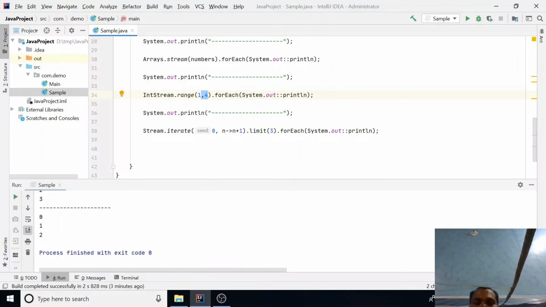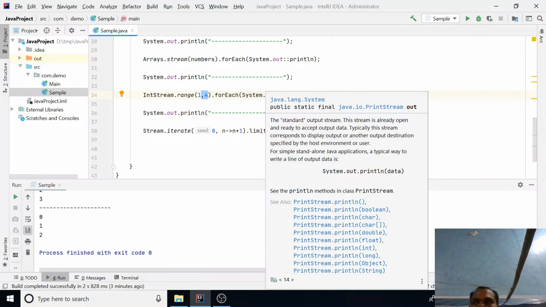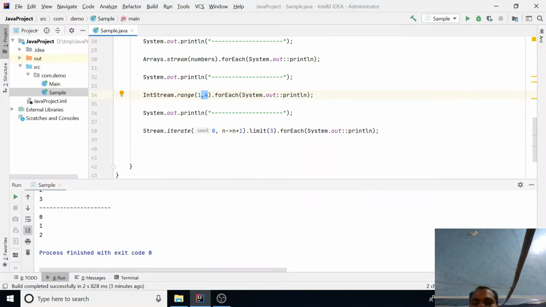And from those we are going to print all the elements. Similarly, the forEach function is responsible for printing your data, and this is a stream of int values.